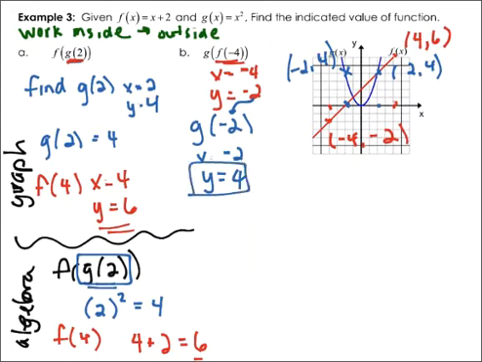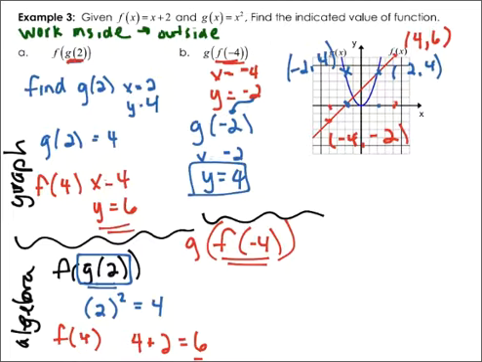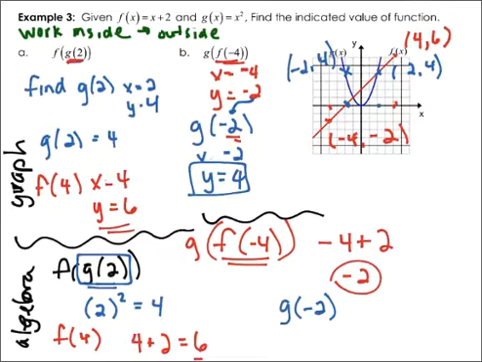Let's try it algebraically. So algebraically, remember, start on the inside and work your way out. The f function, f of negative 4, we're doing that first because that's the inside. Put the g there. Do this first. The f function is saying to do x plus 2. So I'm going to do negative 4 plus 2. That gives me negative 2, just like I had up here. So now I'm doing g of negative 2. The g function says to square that. So if I take negative 2 and I square it, negative 2 times negative 2 is 4. The exact same answer I got from looking at the graph. All right,